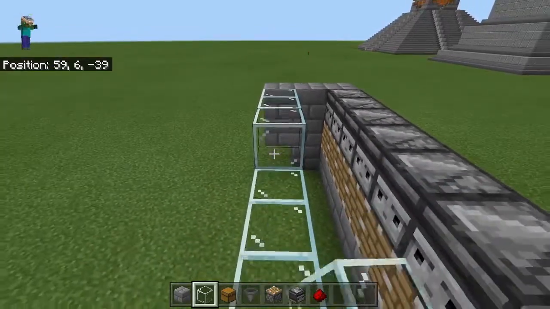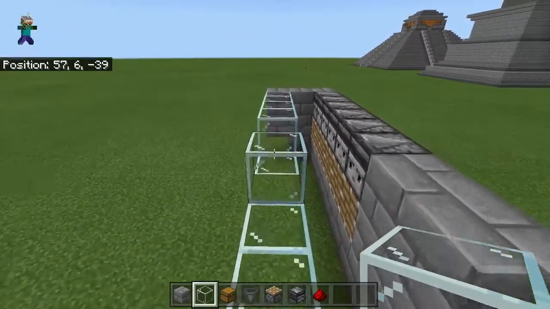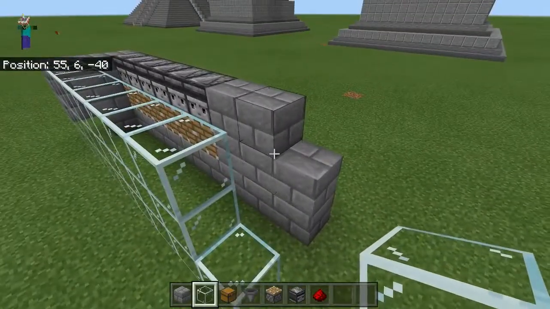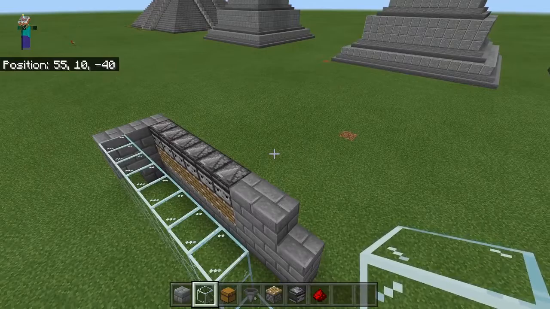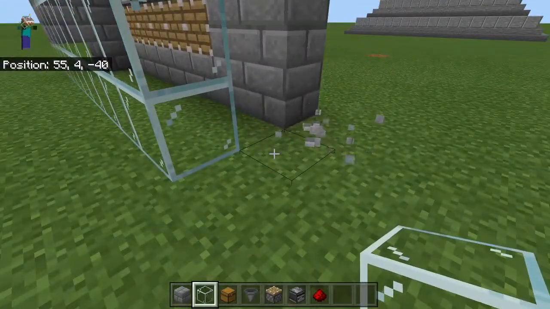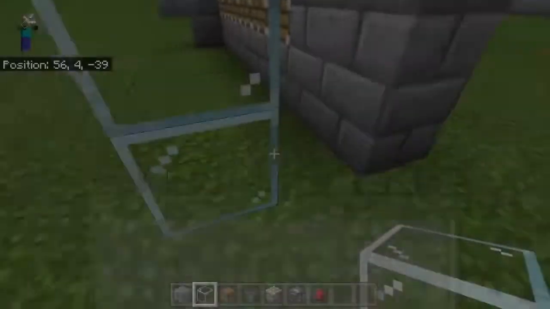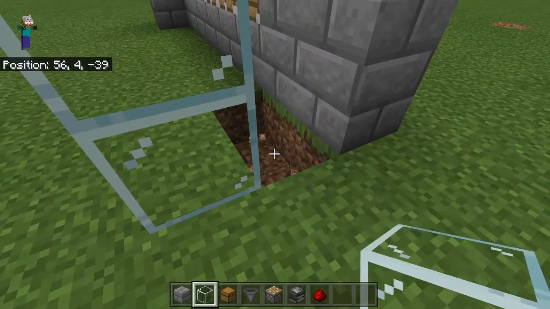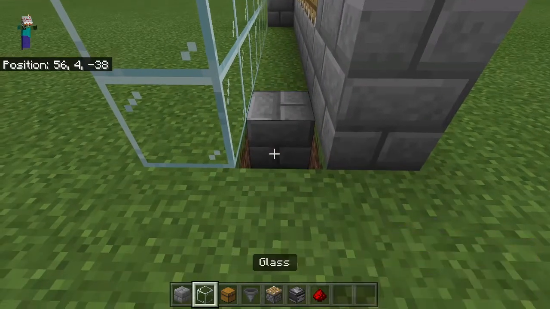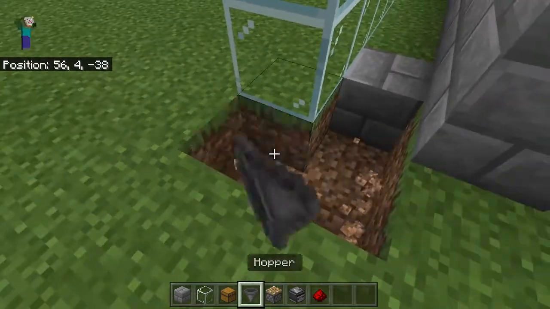1, 2, 3, 4, 5, 6, 7, 8. And then right at the bottom of 8, we are going to put our hopper. So let's go ahead and get rid of this right here. We're going to dig down a little bit right here, and I'll just put one right there. Then we're going to go ahead and put our hopper and our